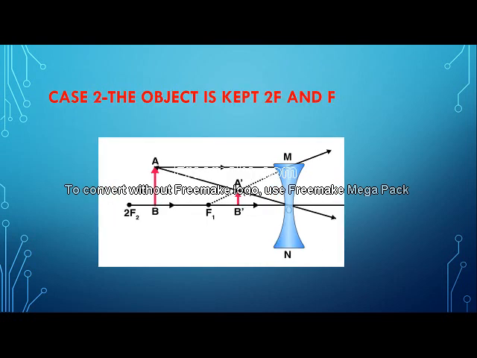What happens in the second case? If the object is kept between 2f and f, here again children, 2 incident rays, and remember concave lenses diverge, so here they will not pass through the second focus, but they just move away from the principal axis. And again here we try to extend the incident rays and they meet somewhere between the optical center and the focus. And children, again here the image which is formed is erect, but it is very small compared to the object. So please draw and practice these diagrams again and again, children.